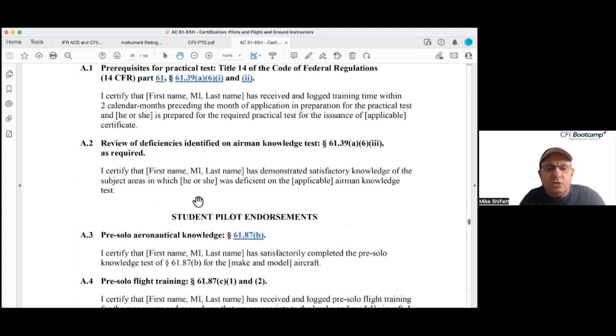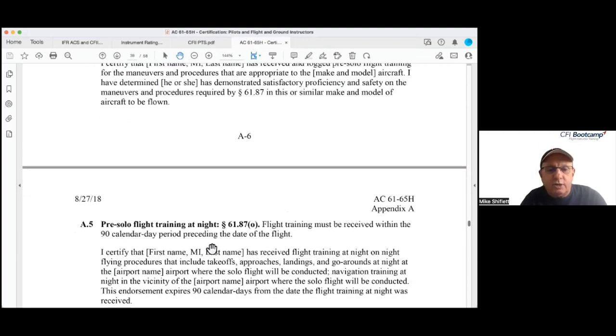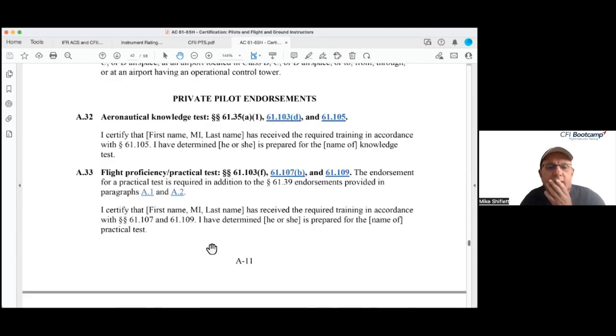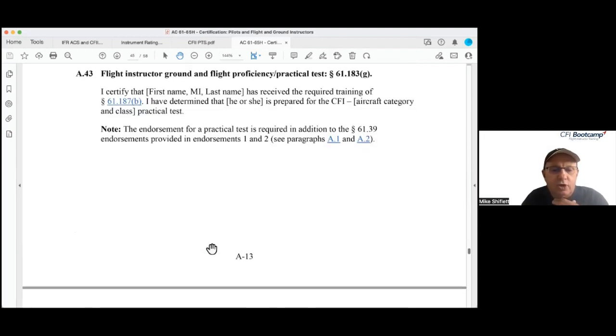All right, this is required for every single practical test. So no matter what, you have to have that in there somewhere. So look for that. Now, if you didn't give the ground instruction for the instrument rating, then you go way down here to additional. I put these in the outline, so you don't have to remember any of this stuff. So we go here to additional